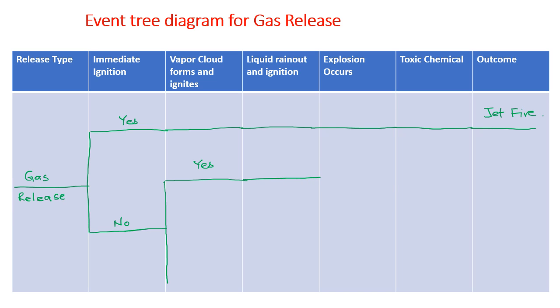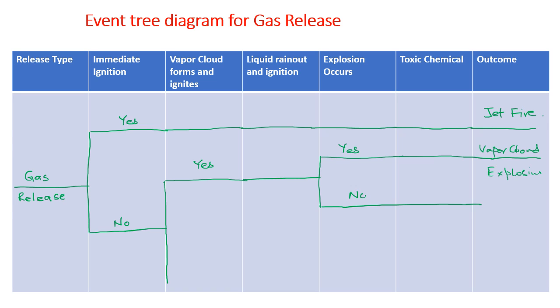After vapor cloud formation, it may ignite or may not ignite, or it may cause explosion or may not cause explosion. If explosion occurs, then it is a vapor cloud explosion, or VCE. And if there is no explosion but ignition happens, then it is our